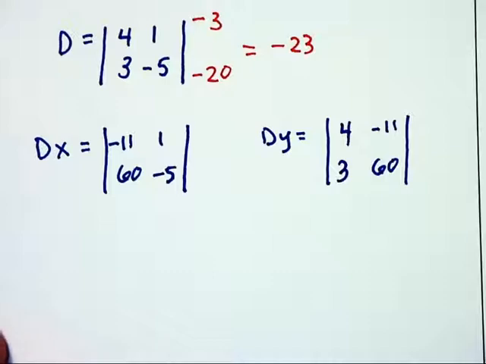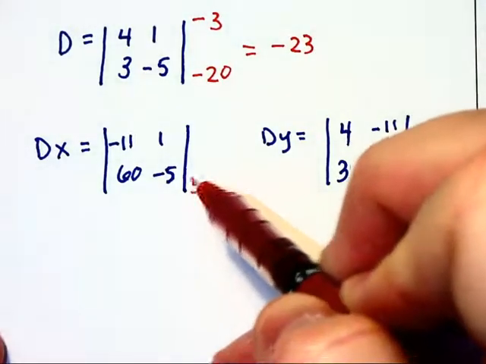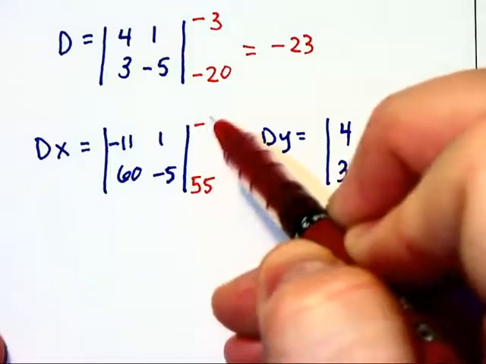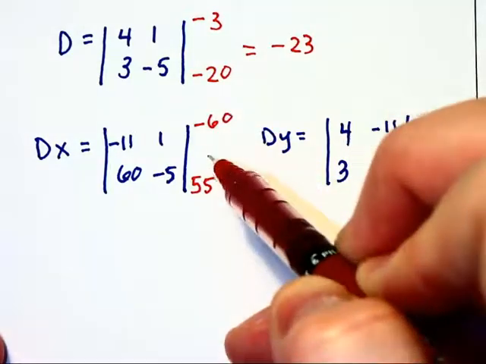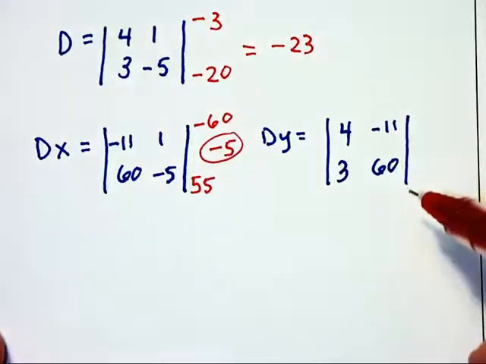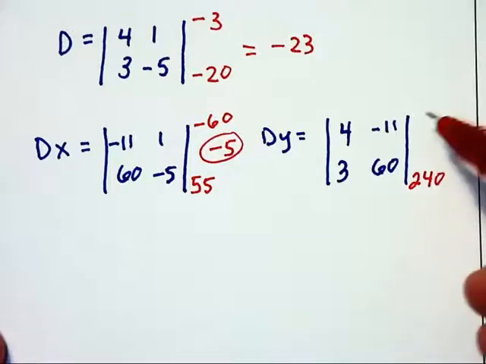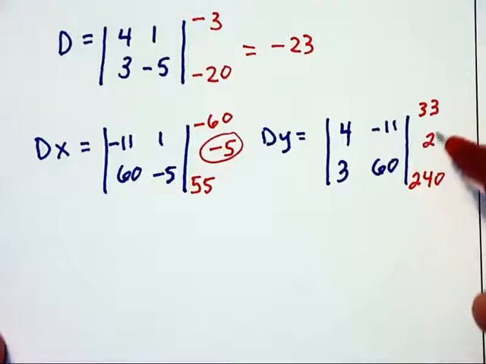First setup of equations. So let's evaluate each of these. In this first one we're going to have 55 for a diagonal and then -60 after I change signs, leaving us with -5 for dx. And in the second one the first product is 240. The second one will be +33 after I change the signs, and we will have 273 as the value of